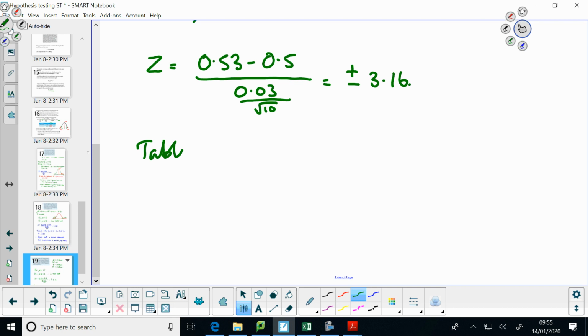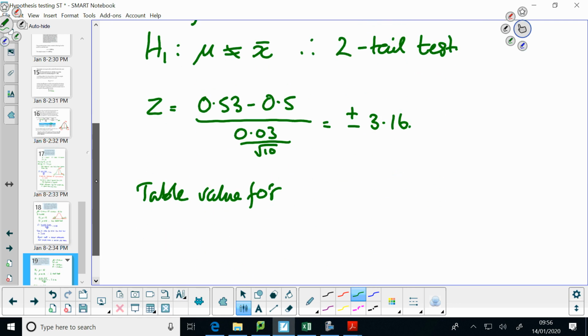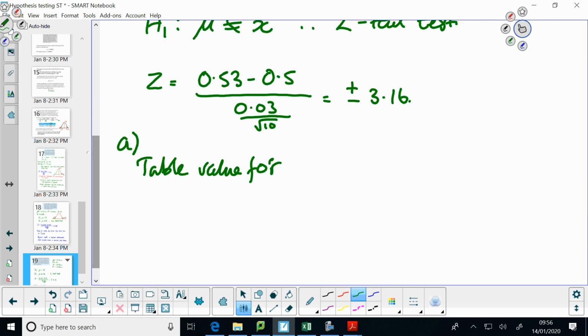Table value for, so this is a table value for 0.05 LOS. So what's the table value for 0.05 level of significance on a two-tailed test? Minus 1.96. Therefore,